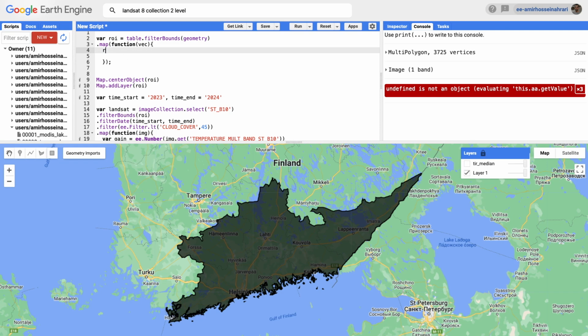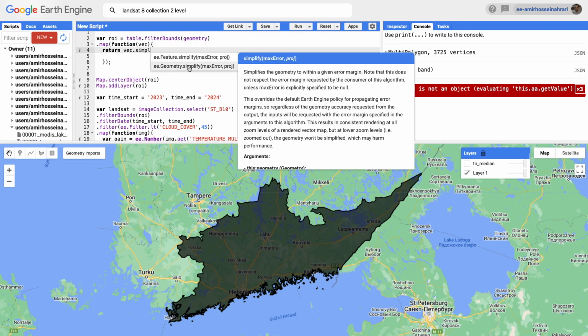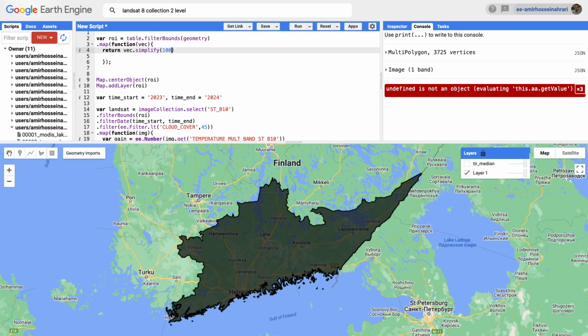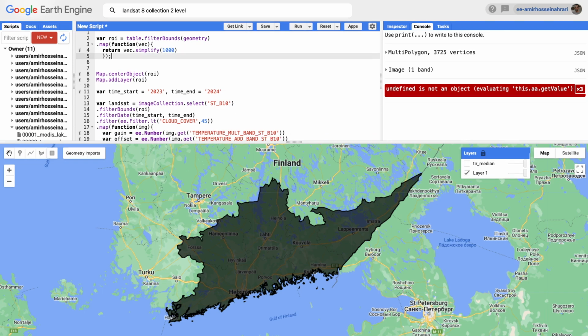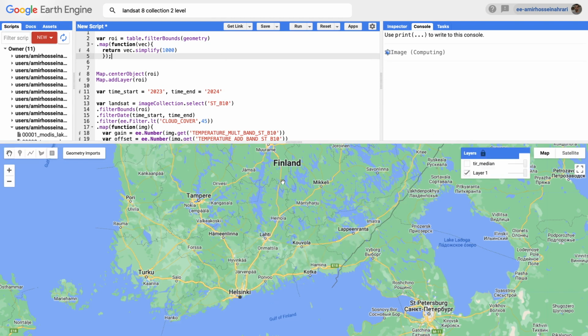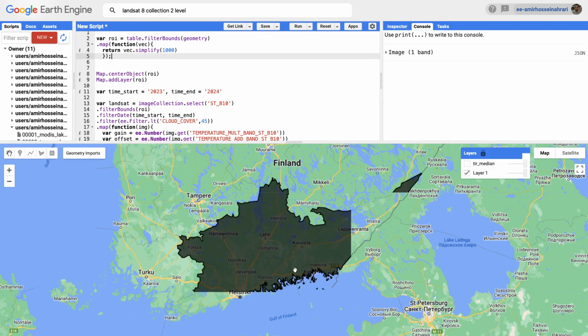For each vector, return the vector dot simplify. The simplify, as you can see, simplifies the geometry of the feature with a specific error margin. For example, if I set 1000 as the error margin value, now you can see the region of interest